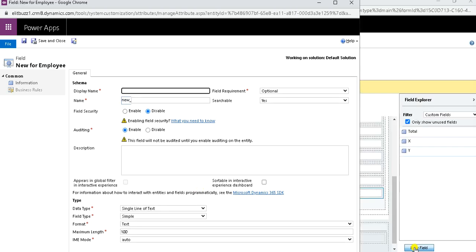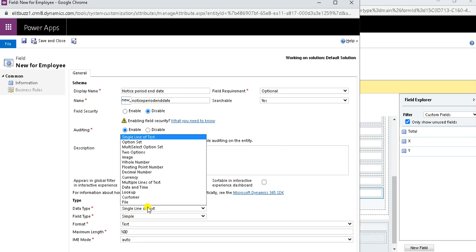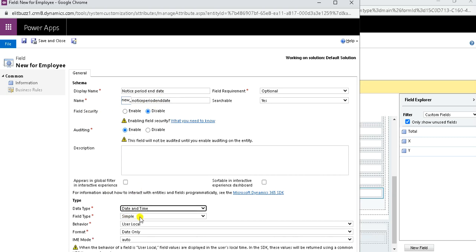Okay, wait. I'm showing you from the start how I'm creating a field of type calculated. So this is the name I am giving to it. I'll keep in mind that the schema name should not be in capital letters. Here I am selecting data type as date and time.